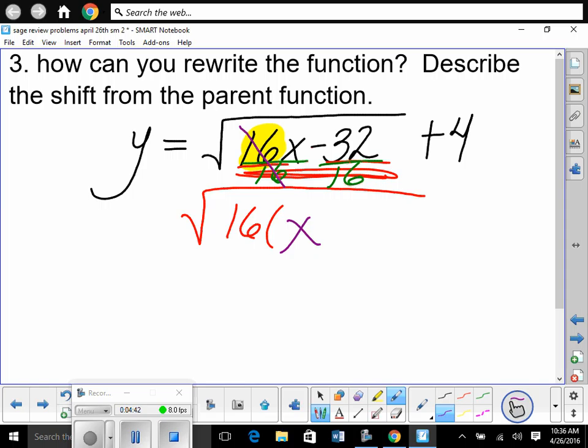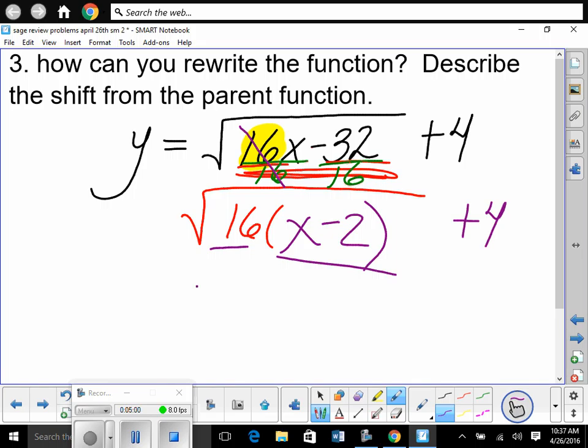Negative 32 divided by 16 is negative 2. Aren't they both still under the square root? Okay, so then we still have our plus 4 on the outside. Now let's think about it. Because they're multiplication, and only because they're multiplication, we can split it up and say